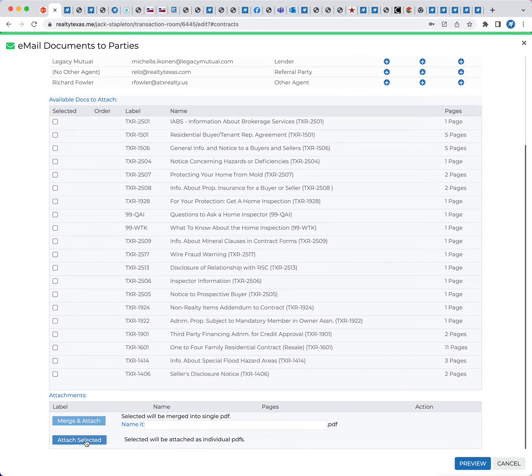Now I have a couple of options here. I have the ability to take documents and group them into one PDF. So if I want to do that right now, I can grab whatever documents I want to send, which is part of my 1 to 4 third party HOA non-realty